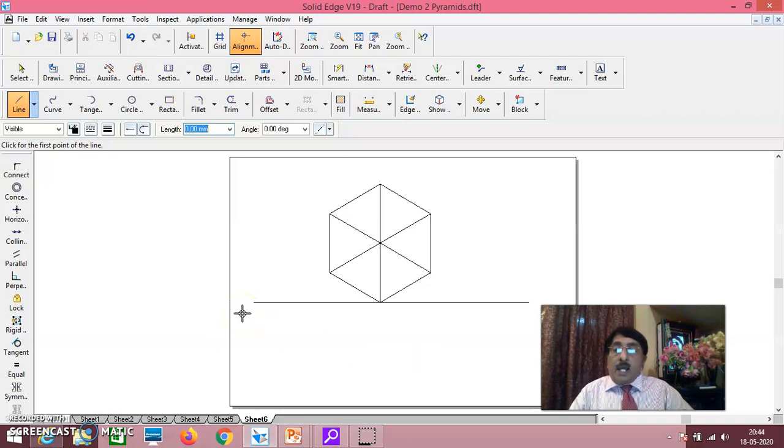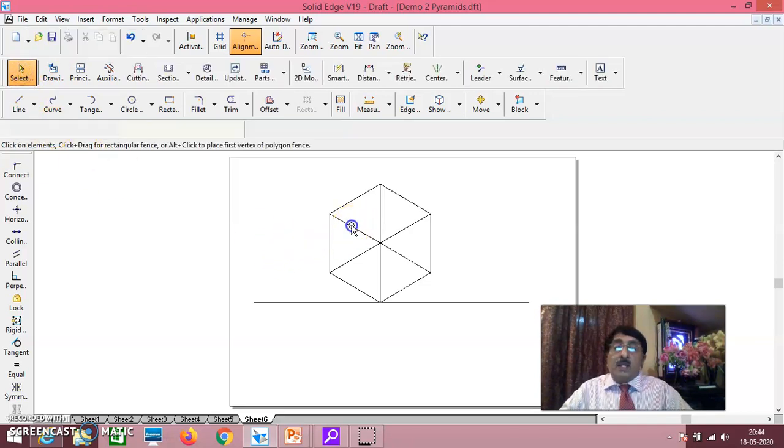But as I've told you, in any isometric projection, your top surface should be darkened. Top surface should be darkened, left surface should be darkened, right surface should be darkened. This is the top surface. You see here, keeping the control button pressed, I've increased it to 0.5. Can you understand? Top surface is darkened.